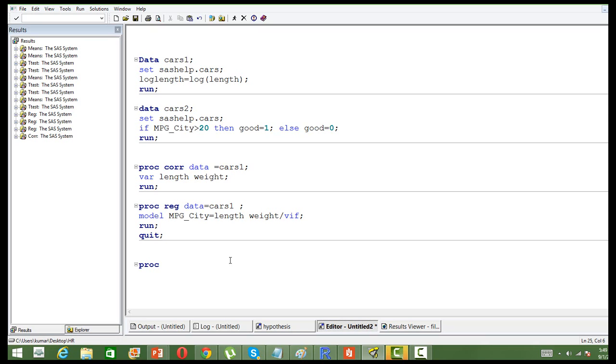Before removing a variable, yes, we need to first check the VIF, and the VIF should be a maximum of 5. Many people actually go up to 10, but the expectation is that it should be less than 5. Ideally it should always be less than 5, but some people use the variable up to 5. It's the variance inflation factor.